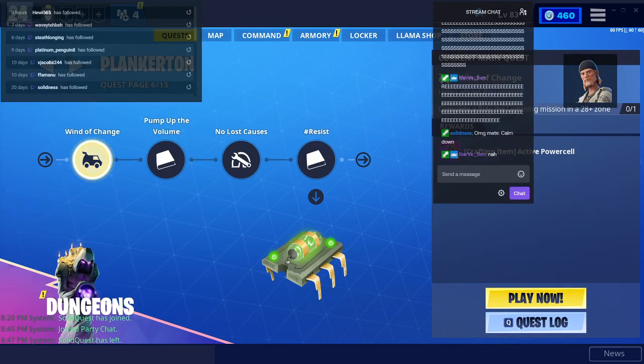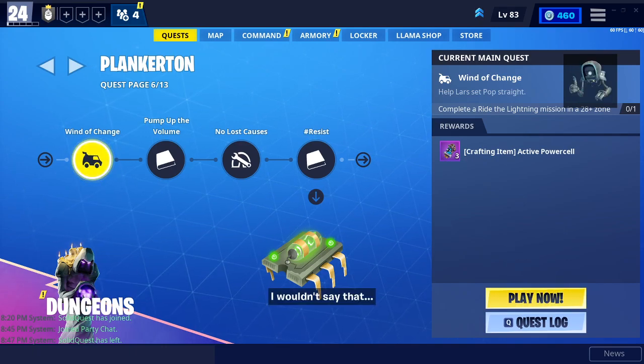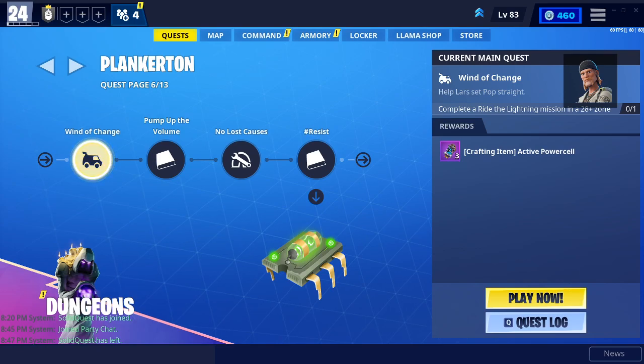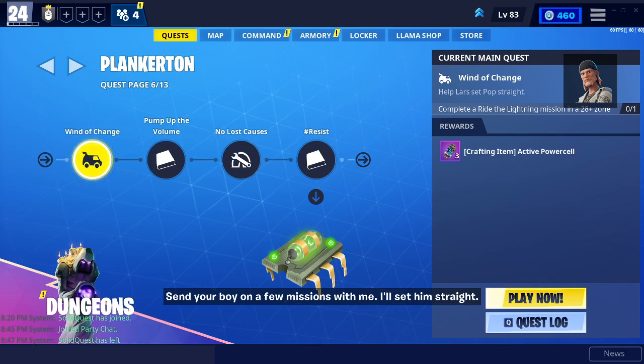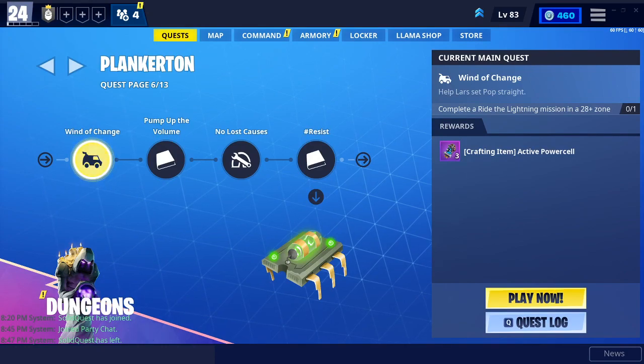You there, Ray? I hear your little buddy's lost his soul. I wouldn't say that. Steel Wool went through 6 drummers in my day. I know that dead behind the eyes look anywhere. Send your boy on a few missions with me. I'll set him straight. What do you say? Alrighty. Wind of Change. Help Lars set Pop straight. Complete a Ride the Lightning mission in a 28+ zone, and we get crafting items. Huh. Lars's rock and roll will end up setting Pop